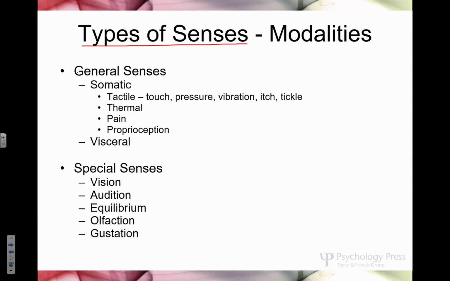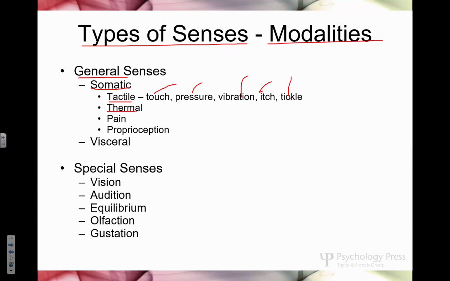When we talk about general senses, we group them into what we call modalities. Not a big deal. General senses include what are called somatic. This is tactile, so we think about touch, pressure, vibration, itch, and tickle. Why are we breaking those all down into different categories? Exactly, Olivia. There's a different receptor for each of these sensations, for each stimulus. Different things cause those sensations and perceptions, so there's a different receptor for them. That's why we can break those down into different categories.